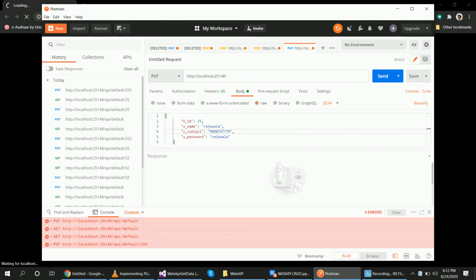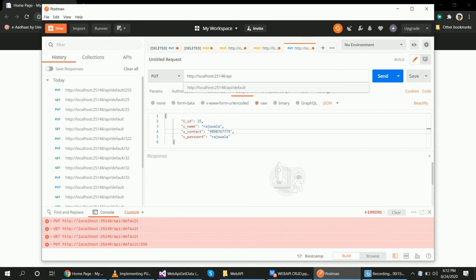Copy this, go to Postman. Ctrl V, api, default controller name, and suppose I want to update the 25 number record.